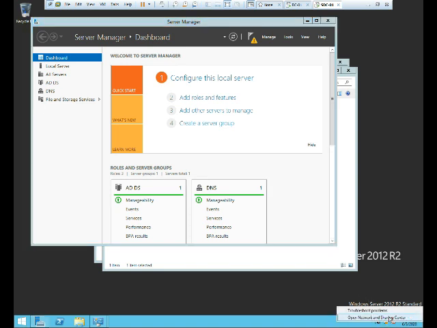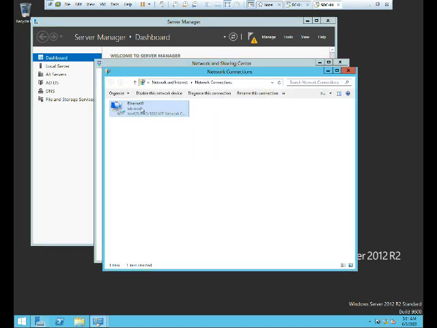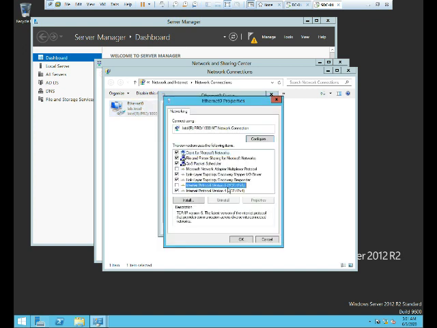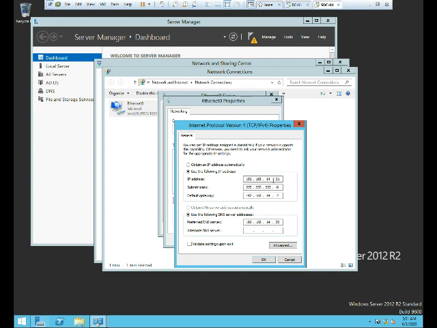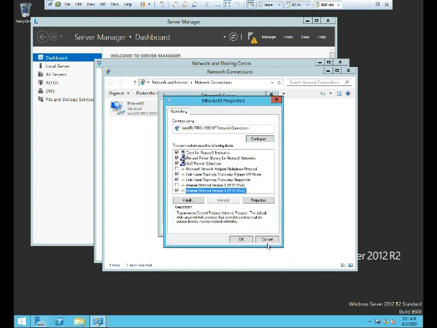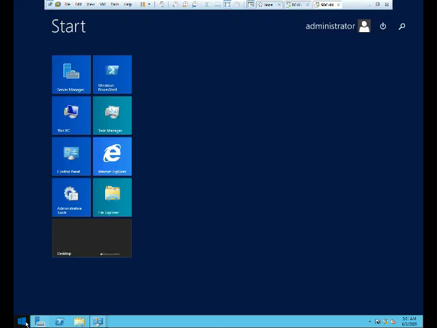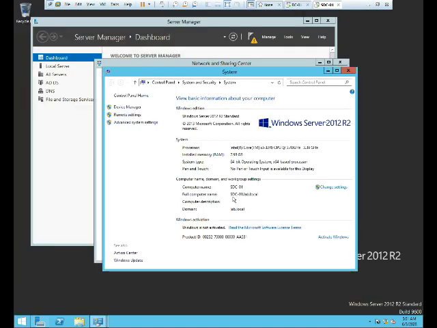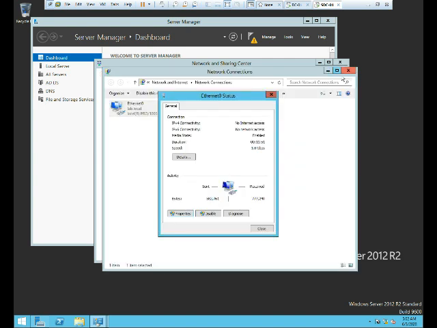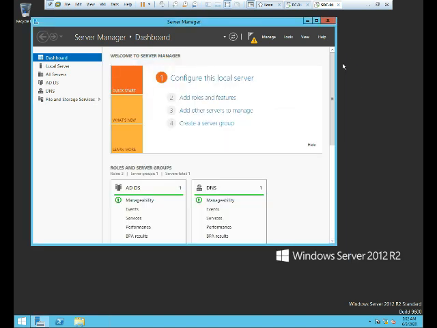So first we will set our LAN card properties. I have given the IP address 21 and our primary DNS server's IP is 20. Once this server is promoted as a secondary domain controller, we will use 21 as a secondary, or we can say alternate, DNS server IP. Also I have set the host name as well. So let's see, sdc-01.lab.local, also joined to the domain, we can see over here.